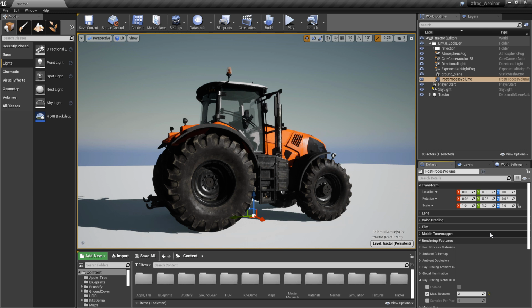And with this post-process volume, it gives us the ability to not only set up things like the color grading or how the film's going to develop, or maybe a lens flare or a bloom model. It has lots of control for tuning the overall look and feel of your visuals, but it also has the ability to adjust ray tracing parameters specific to that volume. And this is really important because it allows us to fine tune and balance the visual quality versus the speed,